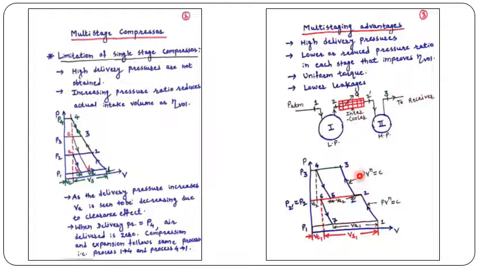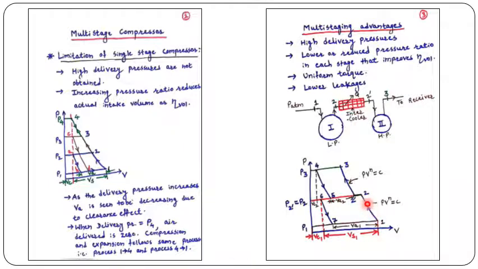Now, because of intercooling, assume that the pressure remains constant in this intercooler, since air is not a viscous fluid, so the losses are less and the pressure nearly remains constant. So, 2 to 2 dash is a constant pressure process, and because of the reduction in temperature, there will be a reduction in the volume. So, instead of compressing air in the second stage from point 2 to 3, I am reducing the temperature to 2 dash and then compressing it in the second stage. So, the new compression process will be 2 dash to 3.